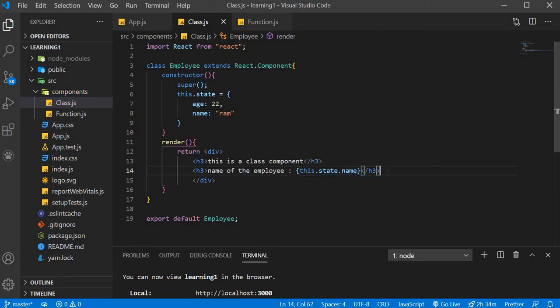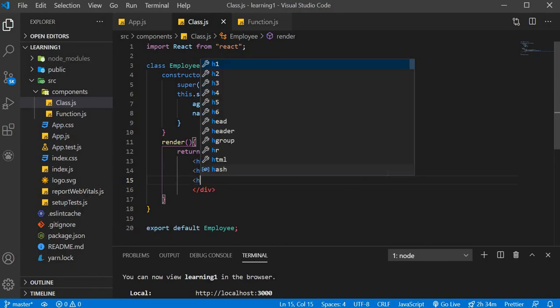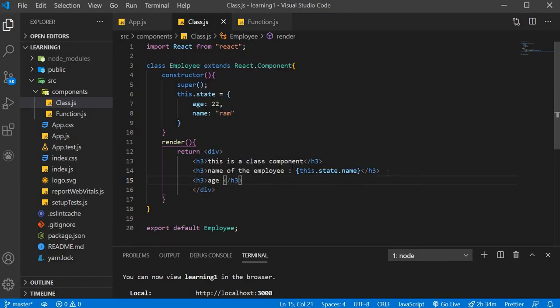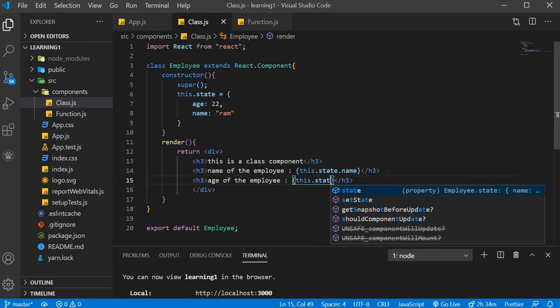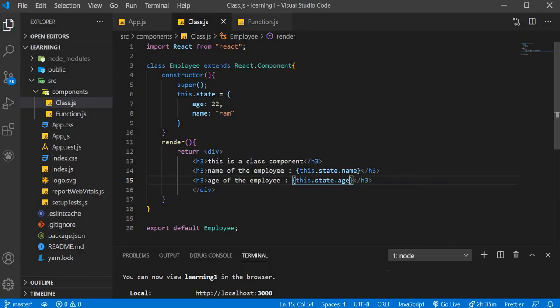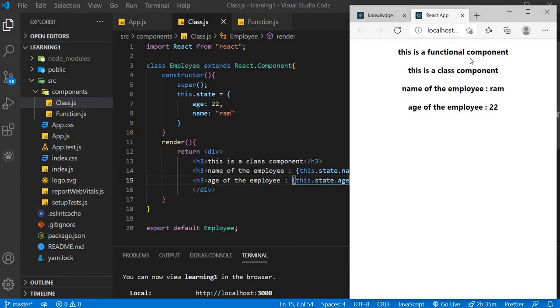Same for age, h3, age of the employee. This.state.age. Now see on the browser. Now you can see name of the employee Ram and age of the employee 22. These are inside class component. So this is how you can work with the state in class component.